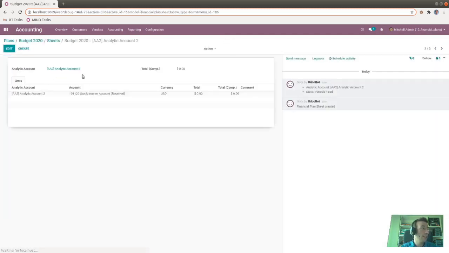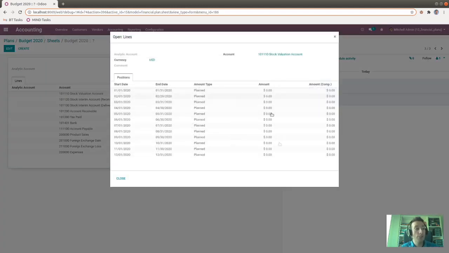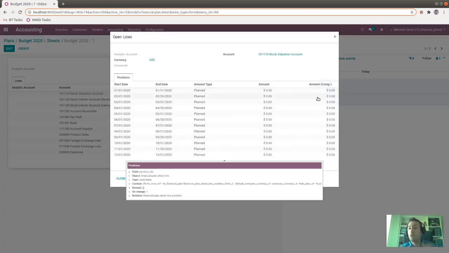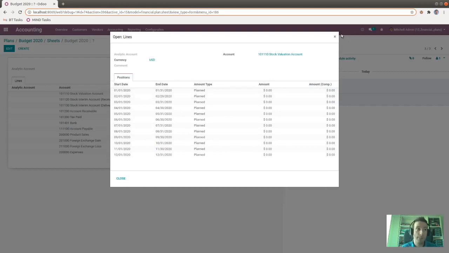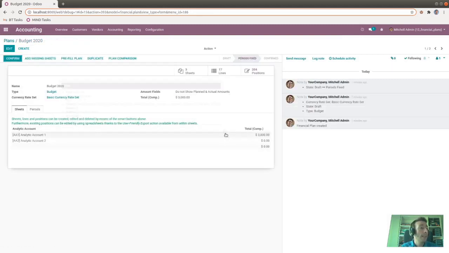In each sheet, we will have some lines, and in each line, we will have 12 positions with 0 amounts, of course. So no amount has been provided for us because we are planning. So we need to enter the planning numbers, the planned amounts. How do we enter these planned amounts? First approach, manually, as we have seen.